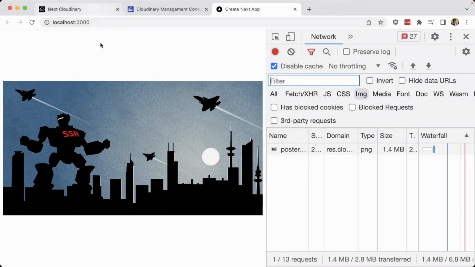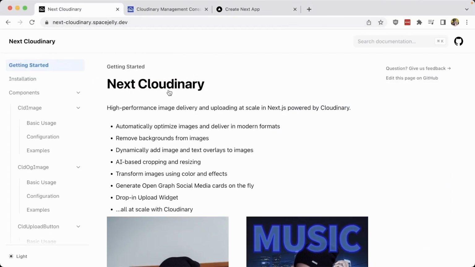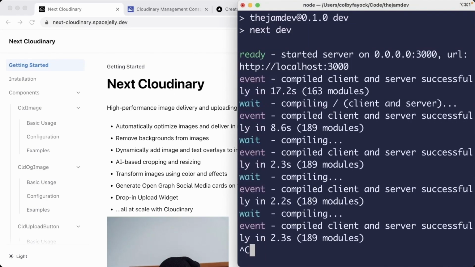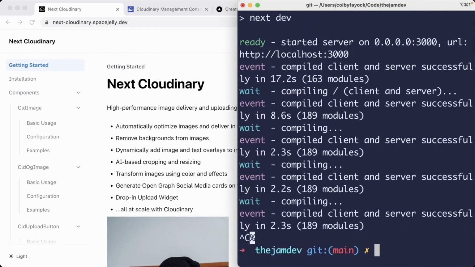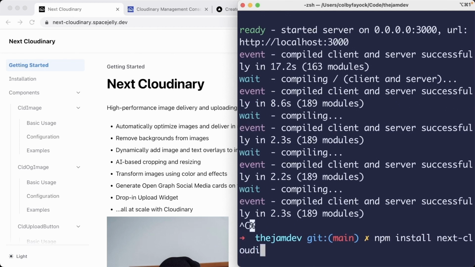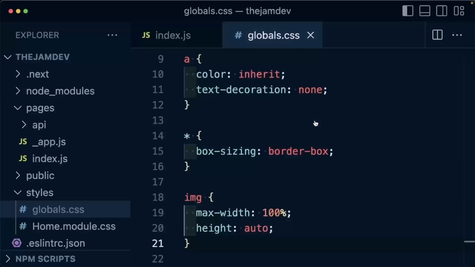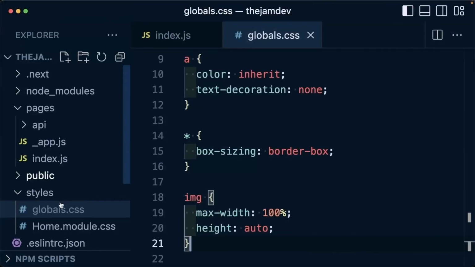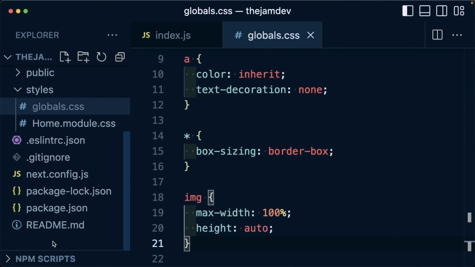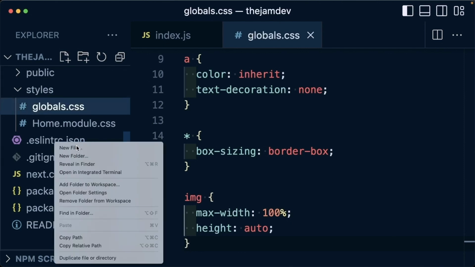So to start, I'm going to need to install Next Cloudinary, and it's available on npm, where I can now run in my terminal npm install next-cloudinary. What that's going to do is go and install the Next Cloudinary package from npm. Now let's let that run in the background, but in the meantime, for configuration, there's only one other thing I need to do, and that's set up my Cloudinary cloud name as an environment variable. So I'm going to open back up my code editor, and in the root of the project, I'm going to add a new file,